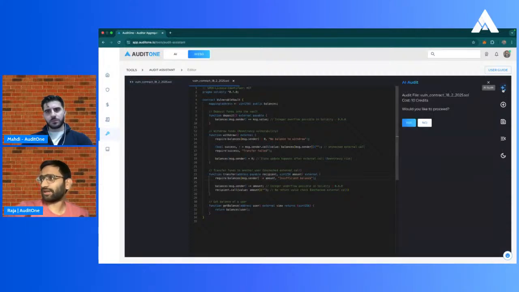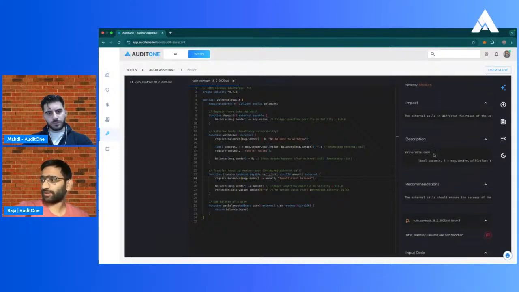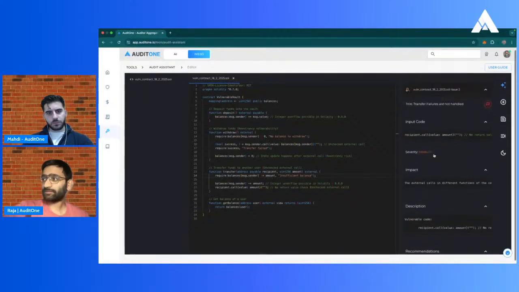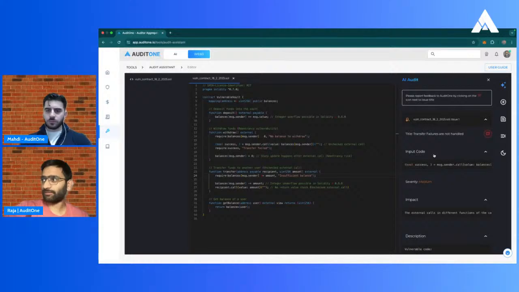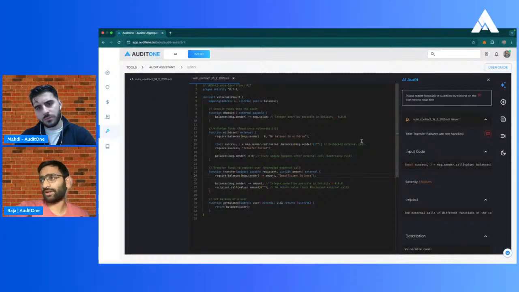So in order to run the audit, one can just click on this AI symbol and proceed to run the tool over it. It is pretty much like any other tool auditors use, but it also deals with the code in real time as soon as you upload it. Here you can see the issues are visible. Once this tool is run, the issues are given out as soon as the code has run. If you look at the issues present here,